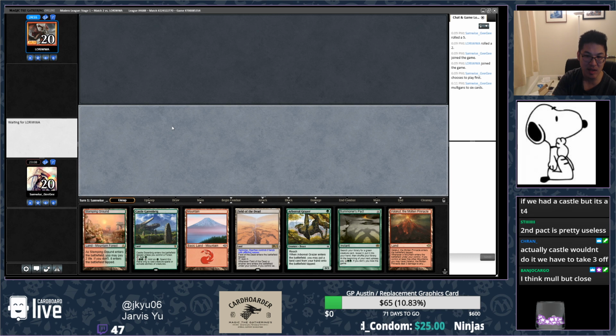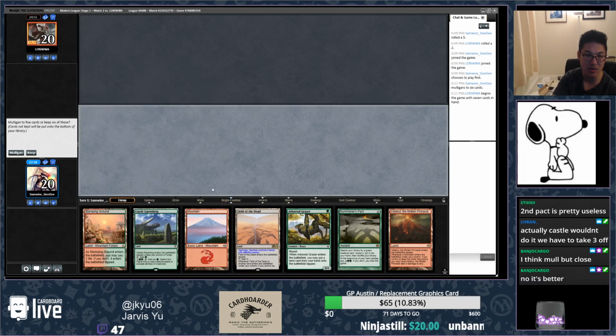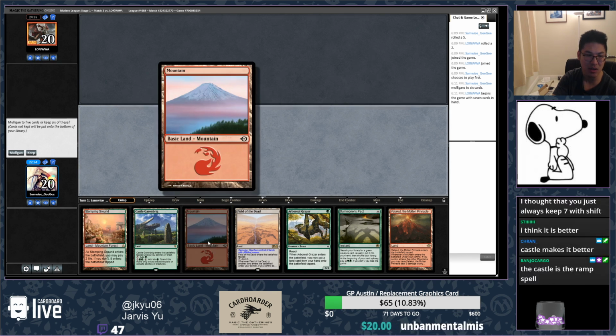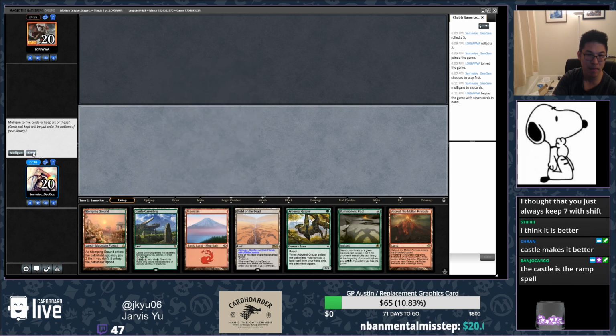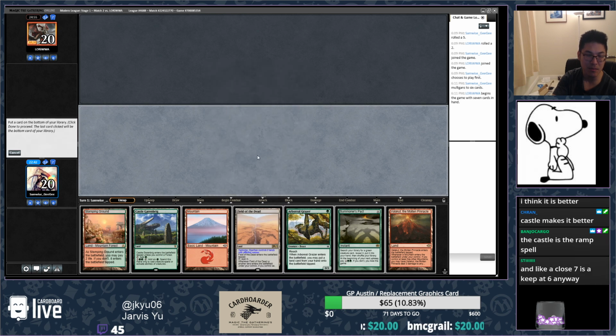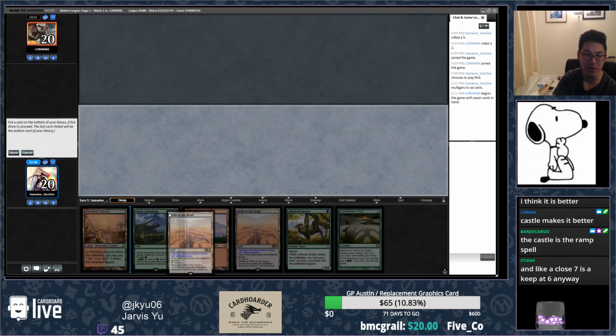This is the same hand, but worse? Maybe it's actually better. Because I already have the castle, but I don't have a second green source. I probably ship Mountain. I think blind I'm going to ship Mountain, but you could make a case for Field of the Dead as well, right? It's Mountain or Field. I think the other 3 are...